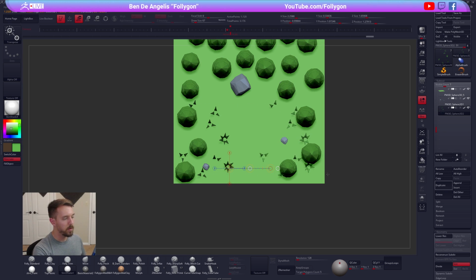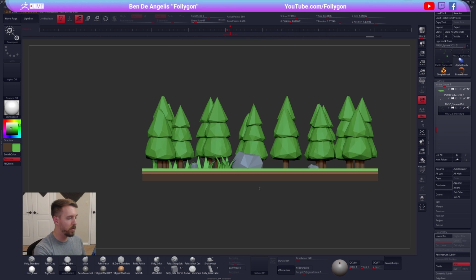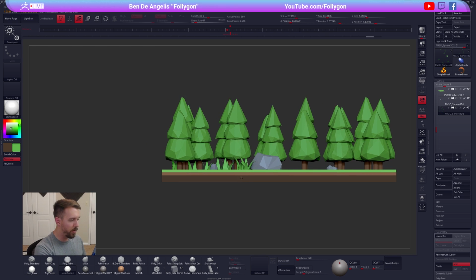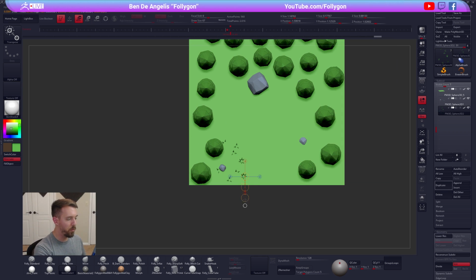You know what? I think I'll make, let me see here. I think this grass is just a little bit too big compared to our trees. So let's scale that down quite a bit. And as you can see, whoops, we kind of need to spread that out a little bit more now. So I'll just do exactly the same as before, but now we just have more stuff to